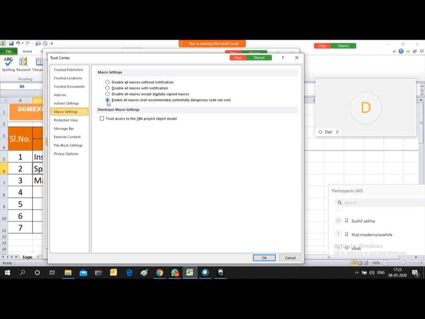In my system it was earlier enabled, so it is showing by default. You will have to activate it by choosing the enable button, and then press OK. By these steps you can enable the macros in your Excel sheets.